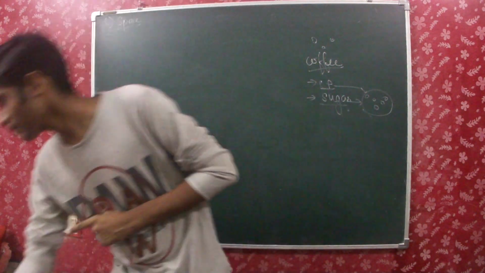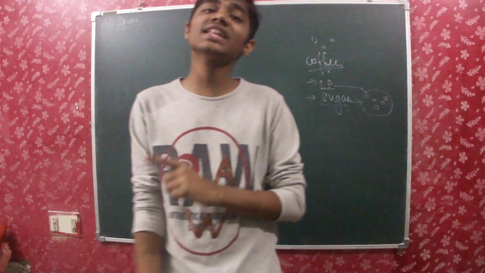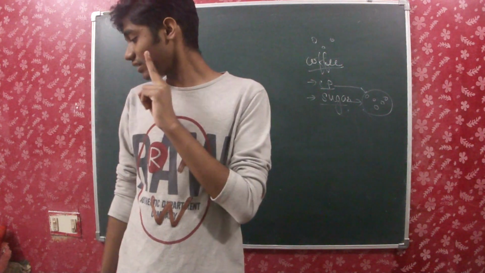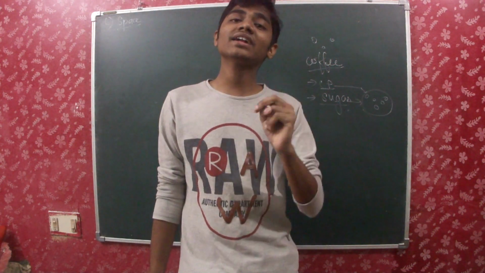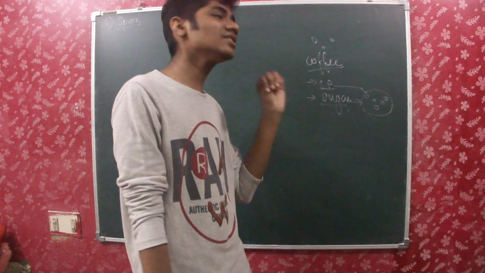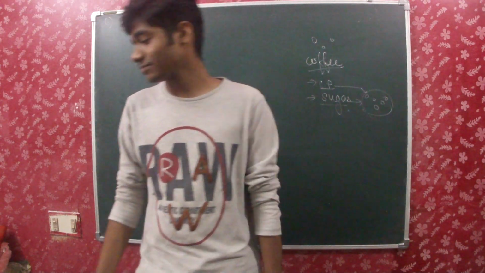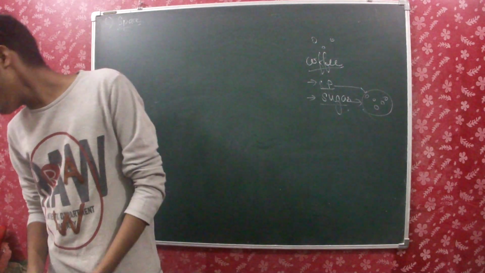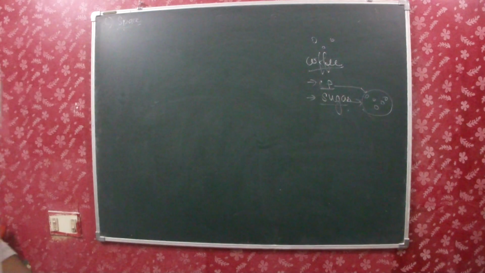So the first point which we saw was, what did we see? First point we saw that matter is made up of particles, and the second point we saw that the particles of matter are very small, and the third point just now we saw that they develop space between themselves. And the next very, very important thing is D. The D thing is attract. The particles attract each other.